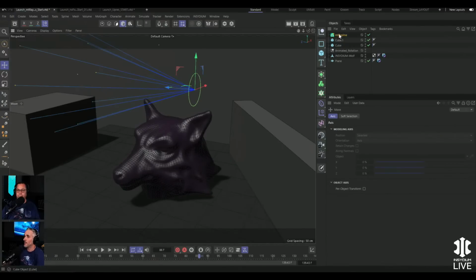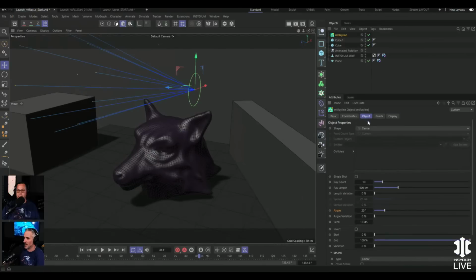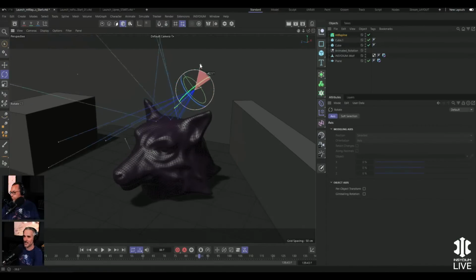So let's just show you. We'll go to MeshTools Rayline, to the Object tab, and it needs to know what do the rays want to collide with. So let's put in our INSYDIUM Wolf. We'll put in the floor plane, and we'll put in these two scene cubes as well. 1, 2. And then if we get our Rayline object, let's hit R, and we rotate this down, you can see that every time it